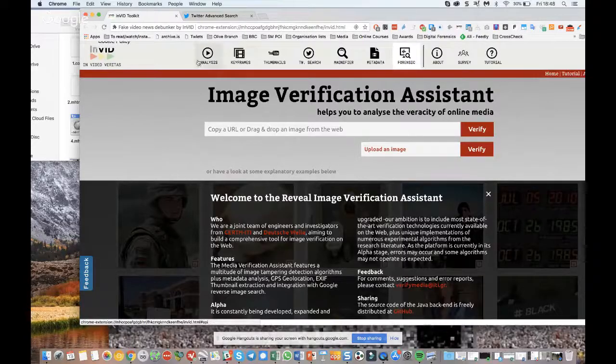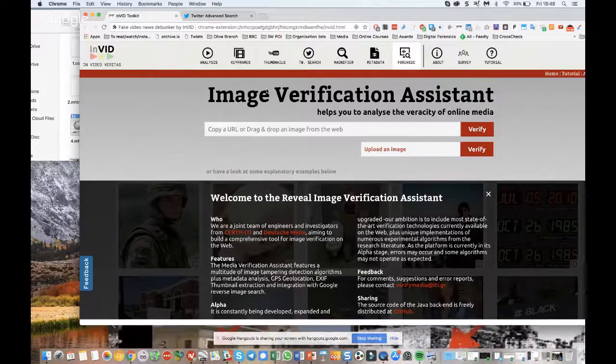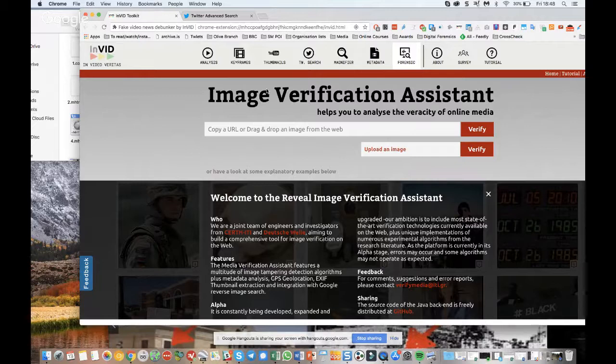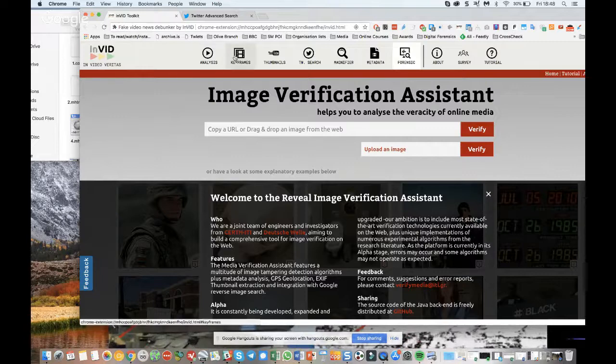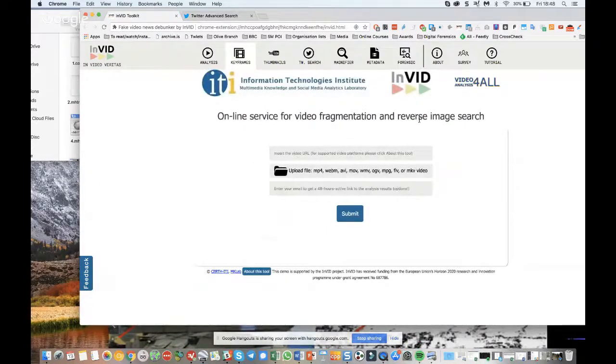The main one obviously is the analysis, but what's the main strength really of InVid, in my eyes, is either to have the analysis give you the time of upload of the video that you can convert to local time. But the most important one for video is to create keyframes on which you can do reverse image search. I think that's the most important one.